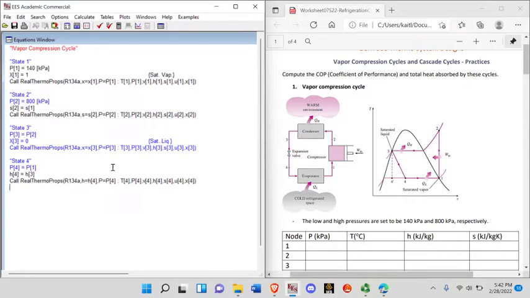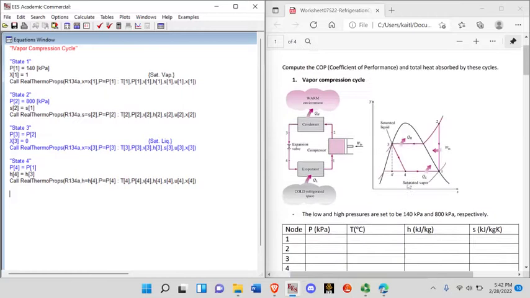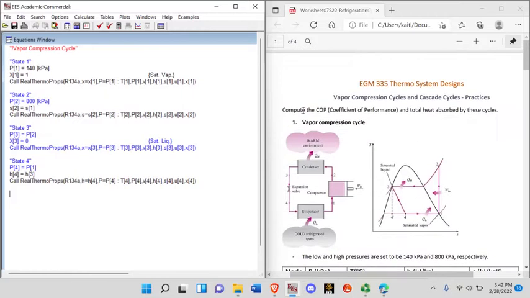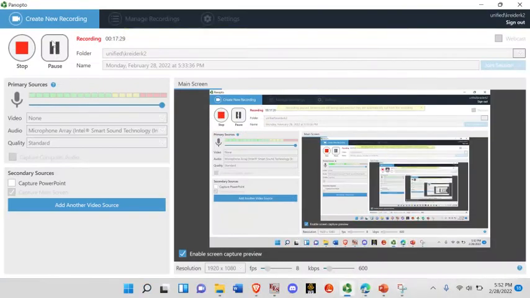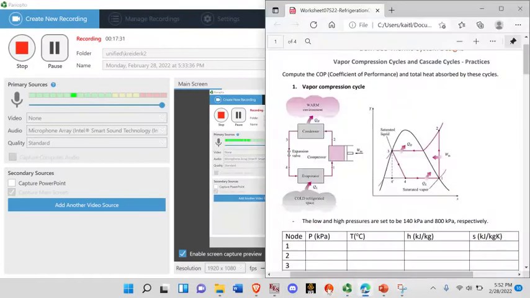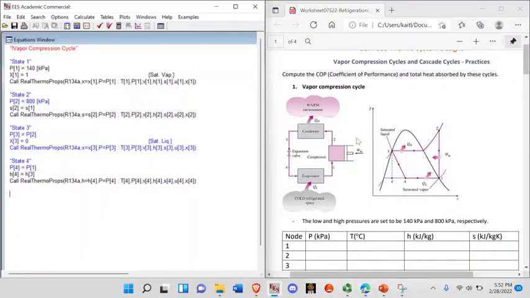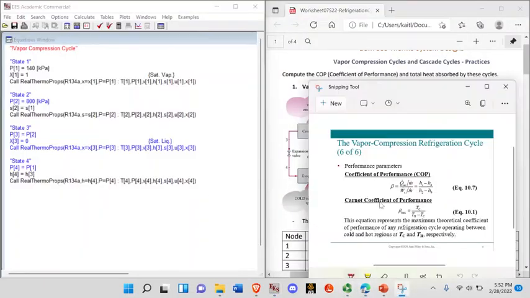Okay. Now we found all our thermophysical property values at every state. Compute the coefficients of performance and total heat absorbed by these cycles. Okay, so I went through Dr. Donnie's lecture slides, and I found the coefficient of performance equation. So we'll comment COP,